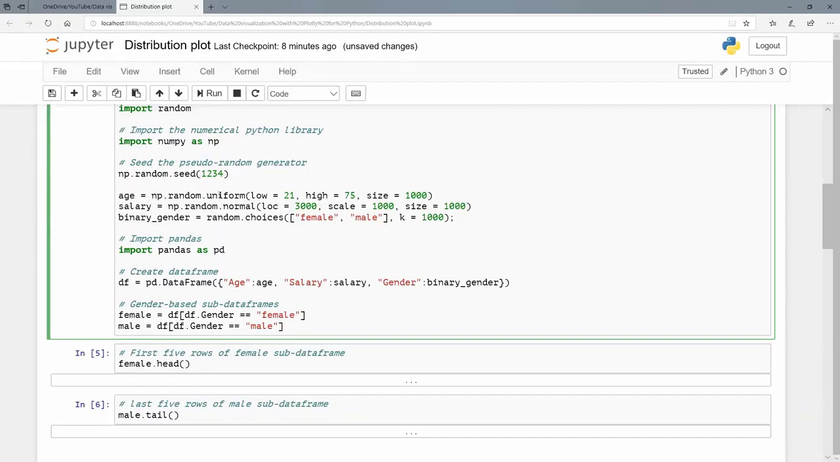So for age, we're going to do a uniform distribution, so np.random.uniform. The low must be 21, the high 75, and I want 1,000 data point values in that uniform distribution in that domain from 21 through 75. Next, the salary I'm taking from a normal distribution, and you see the 3 arguments here. loc means the mean, scale means the standard deviation, and size just the number of values I want. So from a mean of 3,000 with a standard deviation of 1,000, I want 1,000 data point values from this